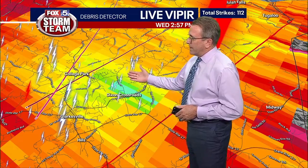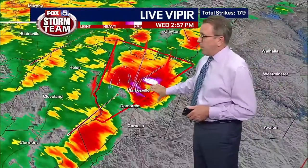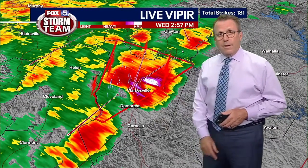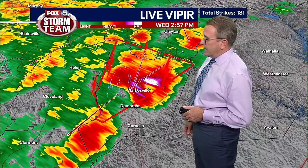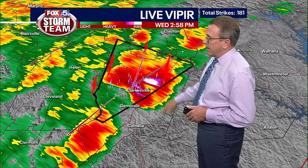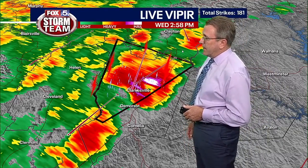But look at all this lightning. I mean, total strikes right now in this view, 113. That's definitely a whole bunch of hail coming down right there. I'm sure that's a pretty strong hail core in the Demorest area, or actually north of Clarksville, Demorest being down here. So again, watch out for that real heavy amount of hail that's going to be coming down in and around